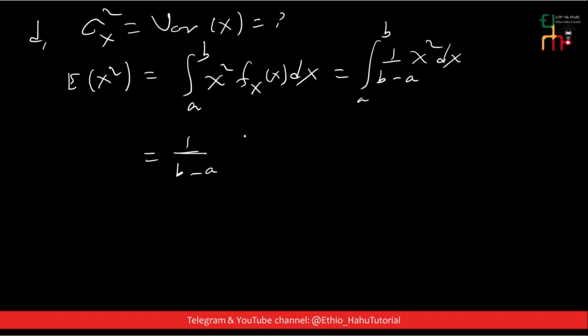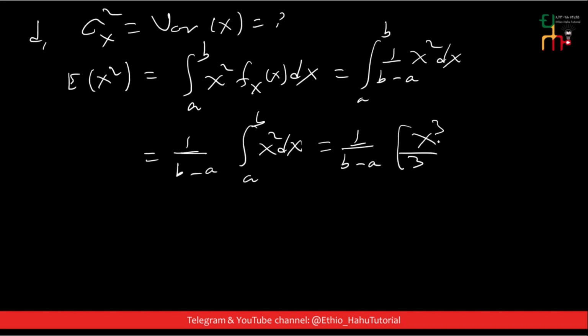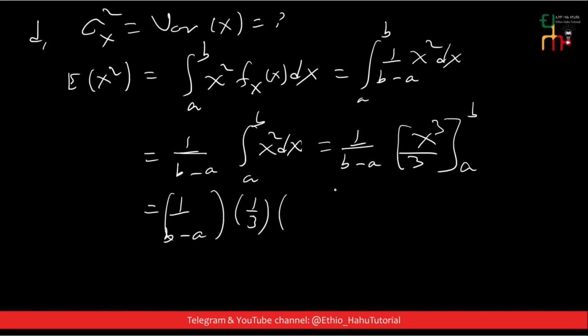This is equal to 1 over b minus a ይወጣል the integral of x square dx ይሆናል from a to b የዚህ ኢንቴግራል ደግሞ ምንድነው የሚሆነው 1 over b minus a ይሆናልና x raised to 3 over 3 ይሆናል from a to b ማለት ነው። Is equal to 1 over b minus a አድርገን times 1 over 3 አድርጌ ለx b ባስገባ b cube ይሆናል minus ለx a ባስገባ a cube ይሆናል። ይሄ አለ expected value of x square ማለት ነው። ስለዚህ variance of x ማለት